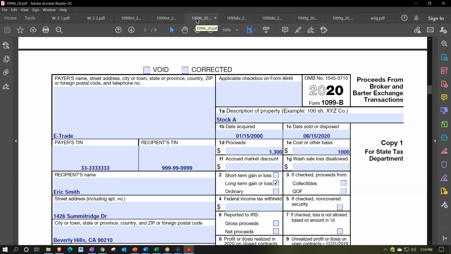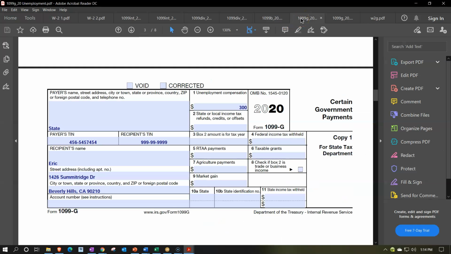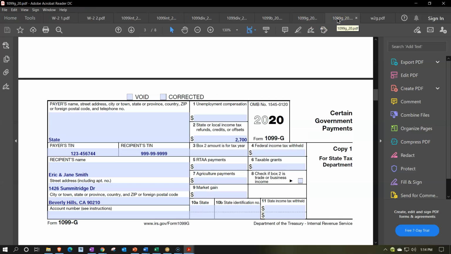So I'm going to go, okay, this is the broker. I'll take the broker after the dividends. And those two things might come together. And then we got this other stuff. It's kind of miscellaneous information, like gambling winnings. And then you got this